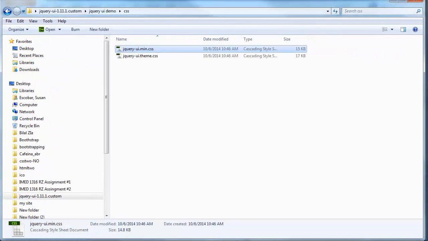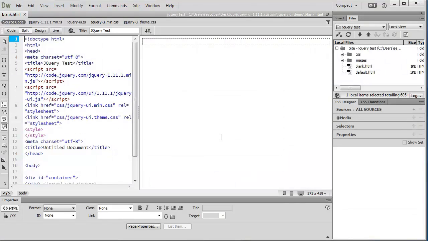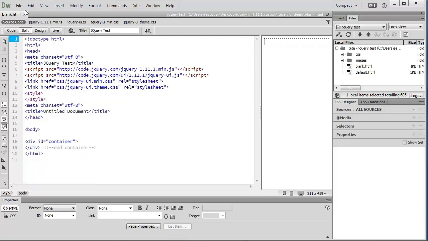So there's my folder. I'm going to go ahead and open up my Dreamweaver here. It's saying, hey, you changed those files. Should we reload them? And yes. So I created here a blank HTML that has the basic information in it. So the only thing that I did with this is I took these CDN libraries and I put the links in here. So what this is doing is it's actually getting the JavaScript information from the internet, from the jQuery